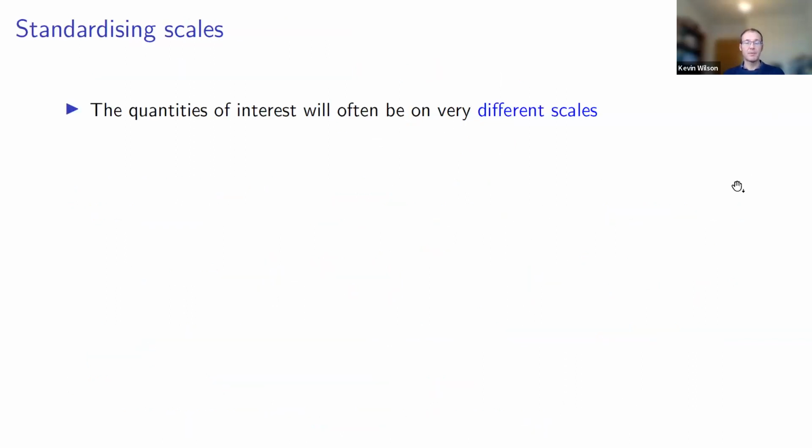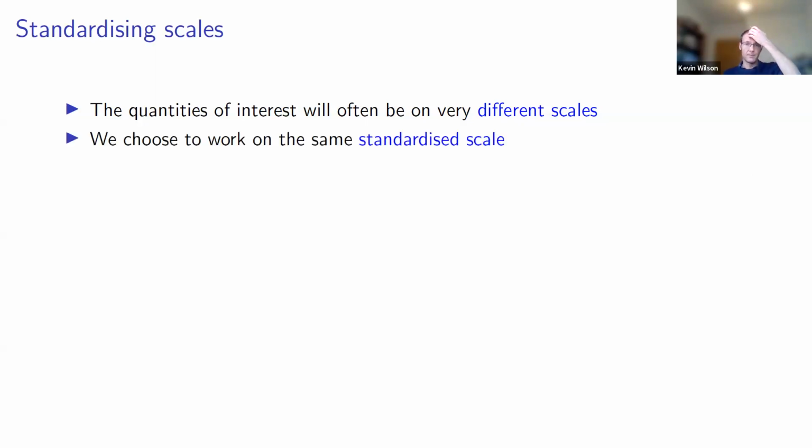The final step is related to this idea that when you're eliciting different quantities, so multiple thetas, so theta 1 to theta n or whatever, often the quantities of interest are going to be on very different scales. They're not necessarily all probabilities or all continuous quantities that take any value. It seems sensible with a hierarchical model like this to work on the same scale for all of the different quantities, not least because then when you're characterizing the prior distributions, you could do so in a standard way rather than having to scratch your head and work quite hard each time you do it.